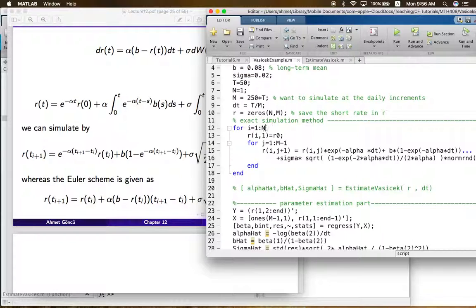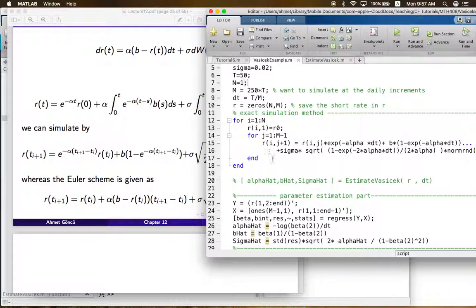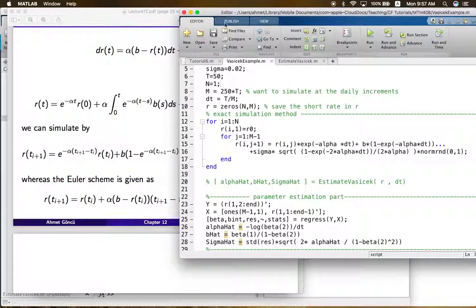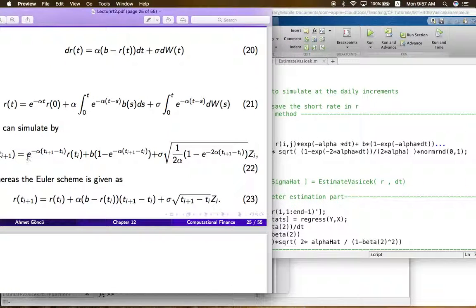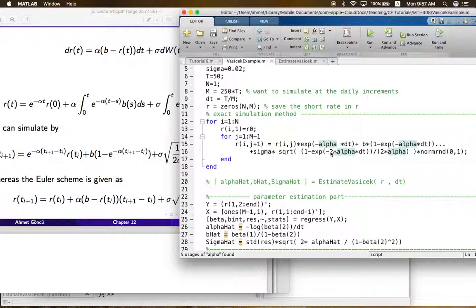That's why this is just 1 in this case, but for general purposes, of course, you can simulate multiple paths. You can see it is exactly following the exact solution we have written in equation 22. Following the same equation, we are simulating our short rate